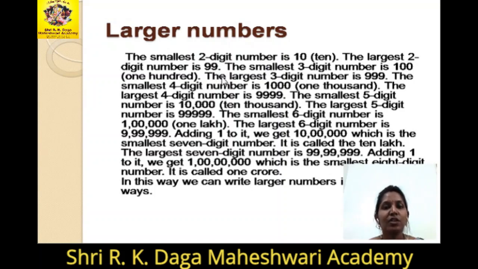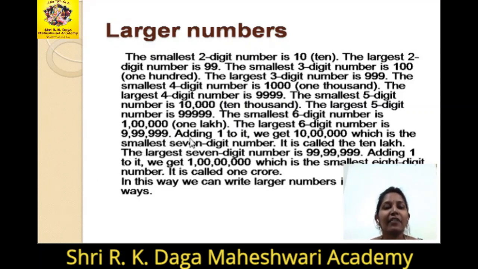When we add 1 to 99, we get the smallest three-digit number, 100, and the largest three-digit number is 999. The smallest four-digit number is 1000 and the largest four-digit number is 9999. The smallest five-digit number is 10,000 and the largest five-digit number is 99,999. The smallest six-digit number is 1 lakh and the largest six-digit number is